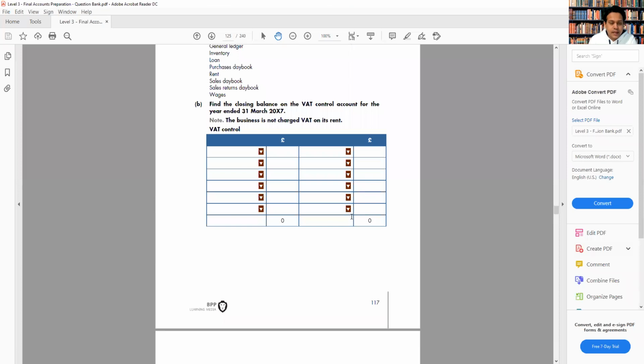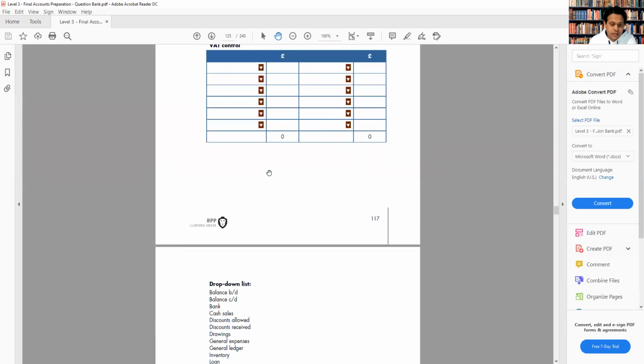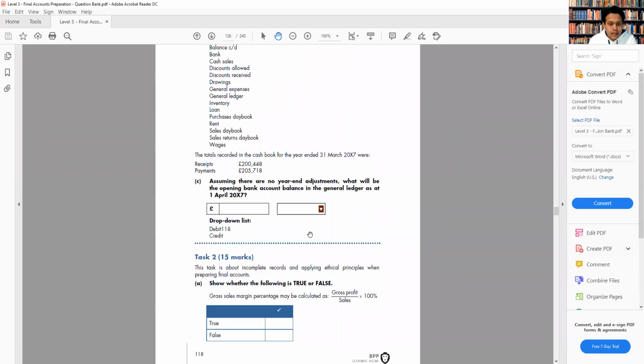The next point we have here, they're asking to do the VAT control account. So we have to read the question. What are we going to find from here? They said find the closing balance. That means from this VAT control account, we're going to find the balance CD. That's simple. And finally, we have,